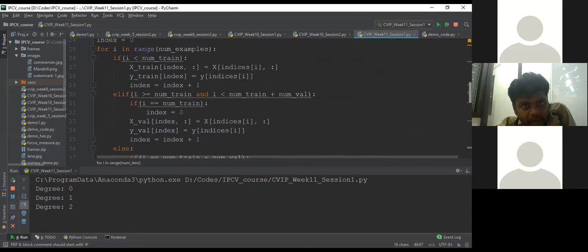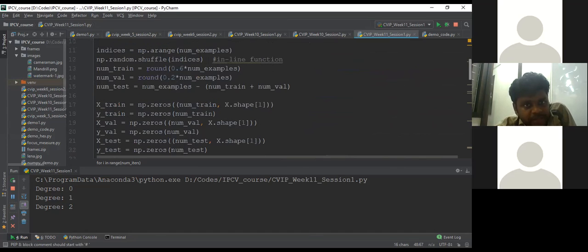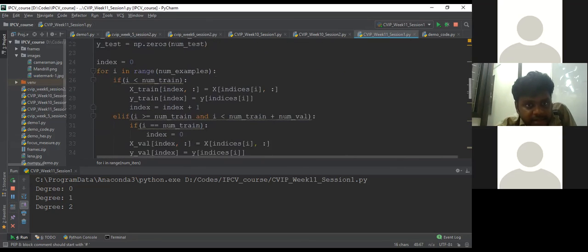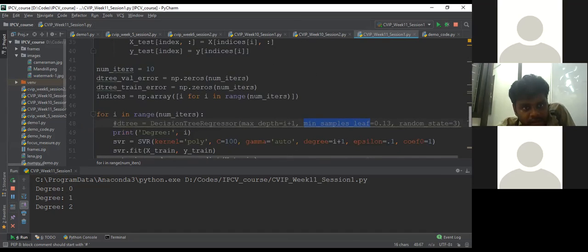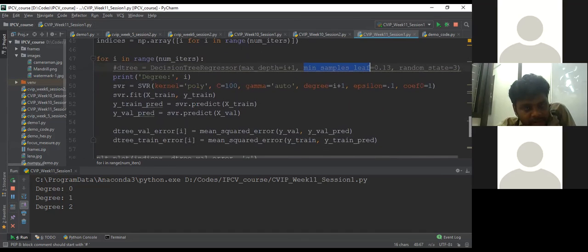All that you have to do here is keep 60% as training data, 20% as validation, and 20% as testing. After you have used either the decision tree or the support vector regressor and fit the data, you do the training prediction and the validation prediction, and compute the mean square error for the validation set as well as the training set.